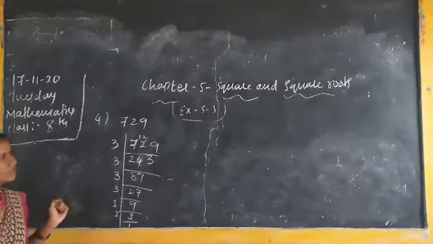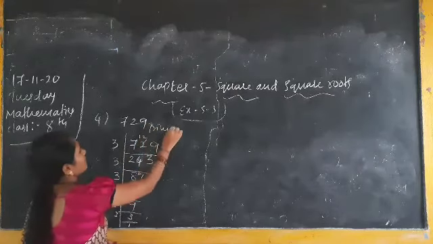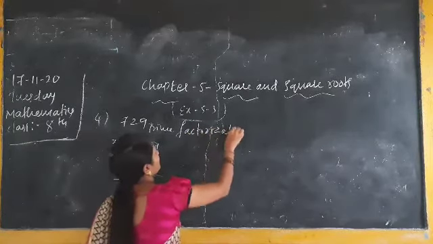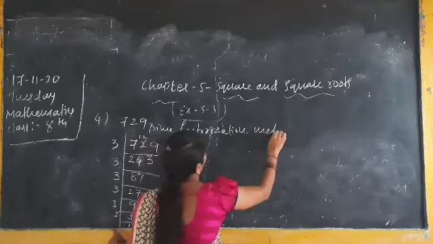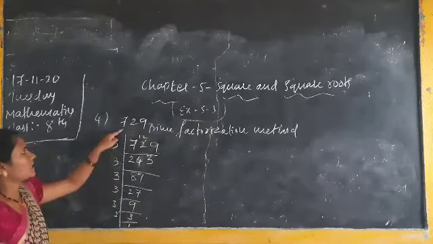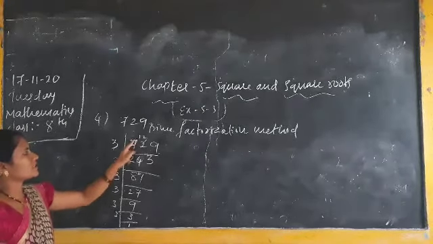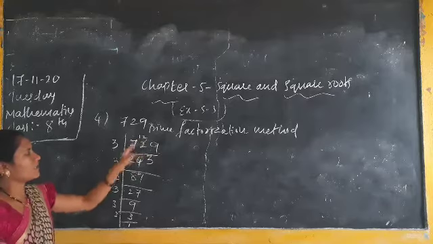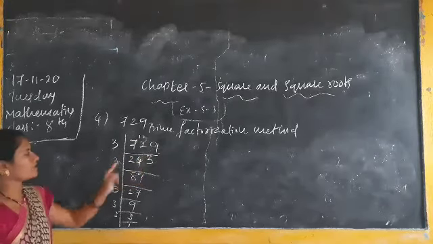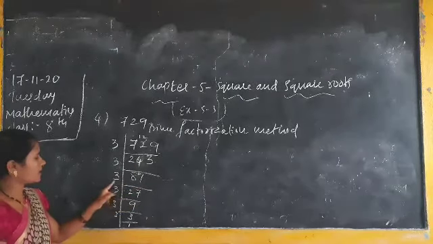You have to do this prime factorization method. You should write prime factorization method. It is very important. Factorize this number, like that they are giving in the question. Here 729, you should take like this, the LCM method. 3 2s are 6, 1 left, here 12 will be. 3 4s are 12. Here 3 3s are 9, nothing left. Next 3 8s are 24. 3 1s are 3. Next 3 2s are 6.